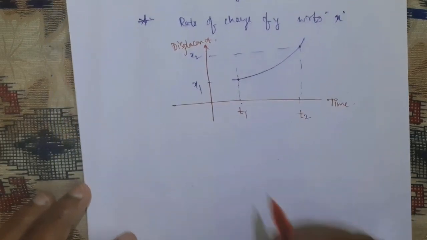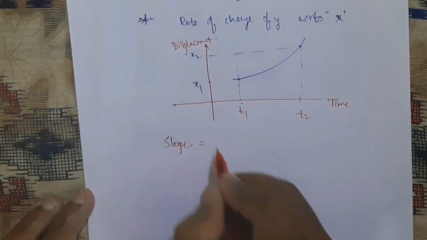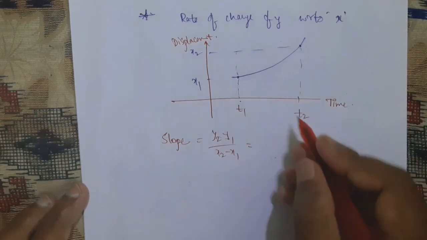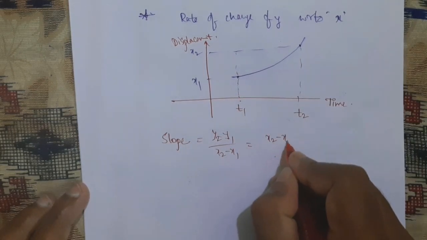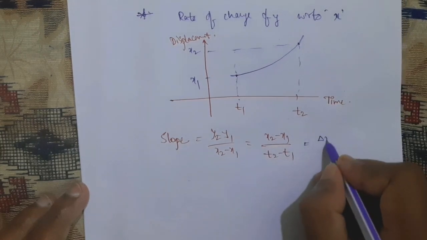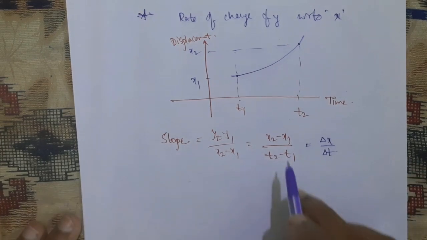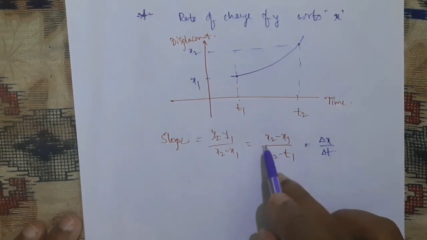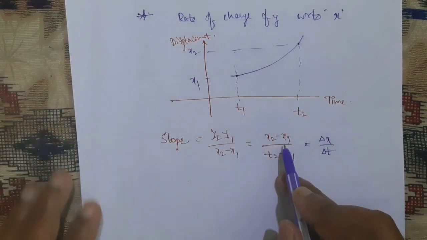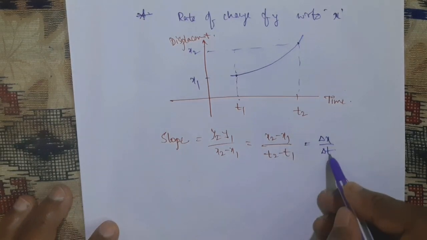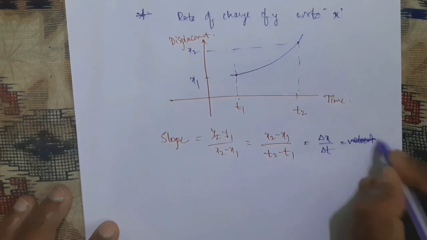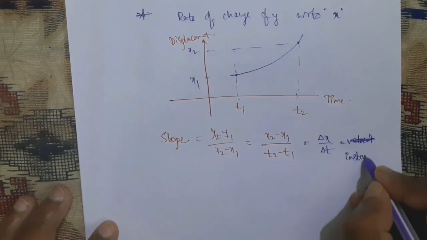So we can write the slope for this as y2 minus y1 by x2 minus x1, which here is x2 minus x1 by t2 minus t1. So this is nothing but delta x by delta t. What is delta x by delta t? Delta x is nothing but the change in x. Here x is not the x axis, here x is displacement. So it is the rate of change of displacement with respect to time. This is nothing but velocity, or rather we can consider it as an instantaneous